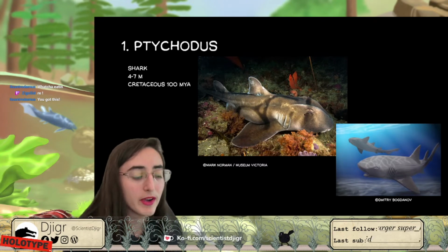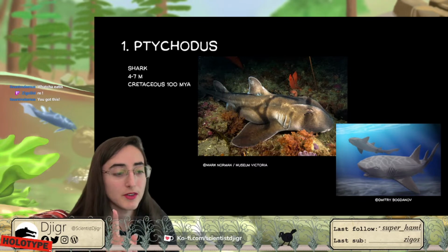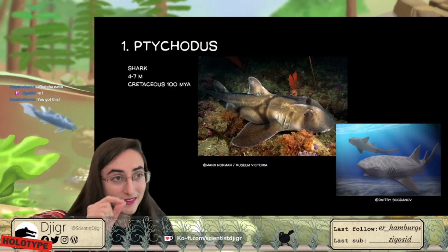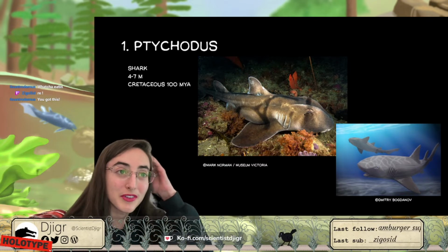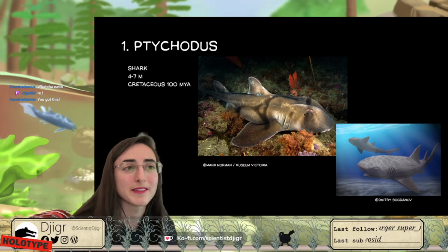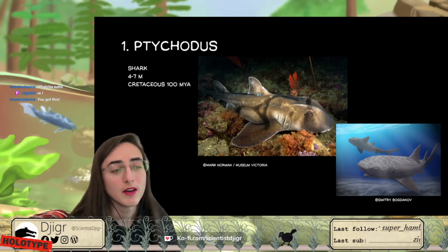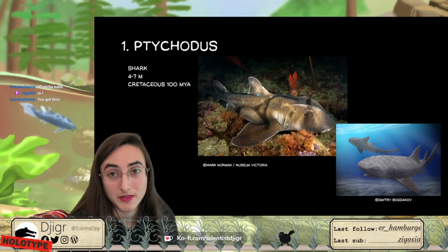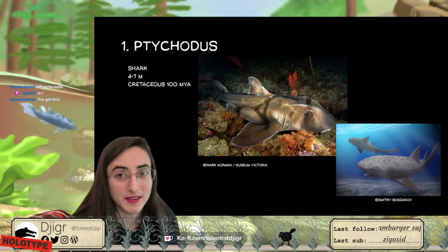first species, Ptychodus. Why did I choose Ptychodus for the first day? First, the order of the species was completely randomized with the very old technique of writing names on papers, mixing them, and drawing them one after another. So the order is random. First of the challenge is Ptychodus, which was chosen for the first reason because the name is very cute. Which is a very valid reason to choose a species,